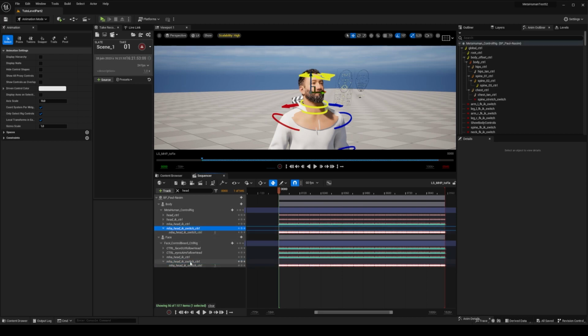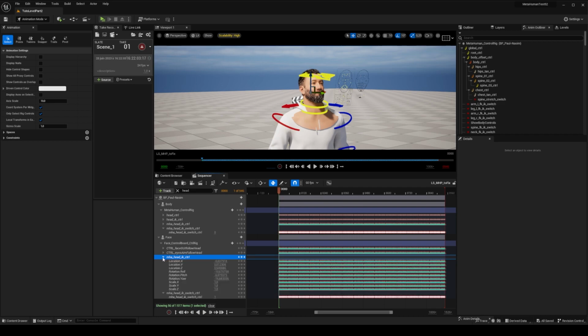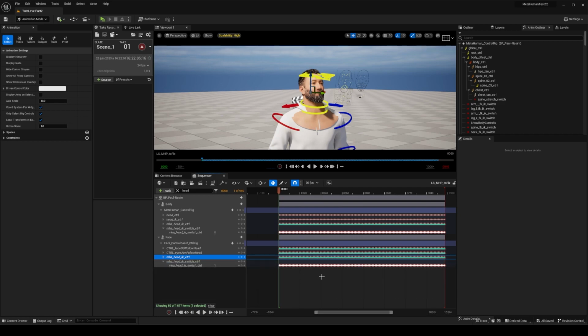So MHA head IK control and MHA head IK switch control. We are going to select everything in MHA head IK control. Everything here, and copy it